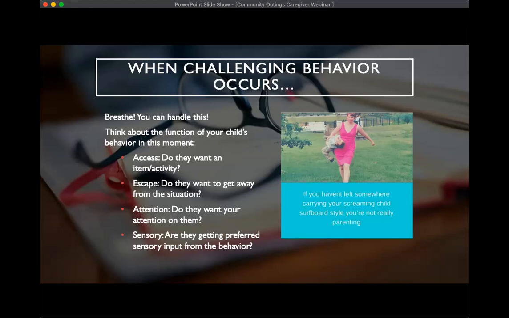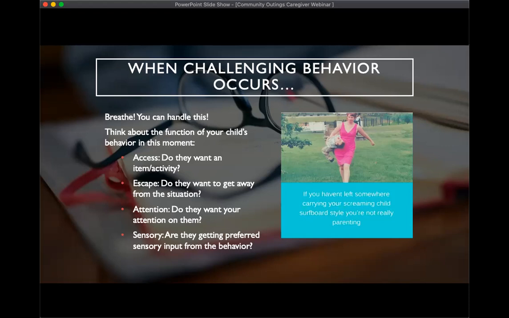That is likely something like hand flapping, or, for the person who used the example of church, hearing that loud echo could just be a sensory input that they are seeking in that moment.